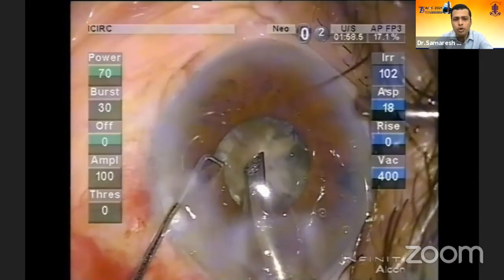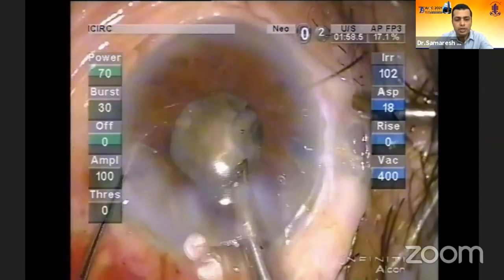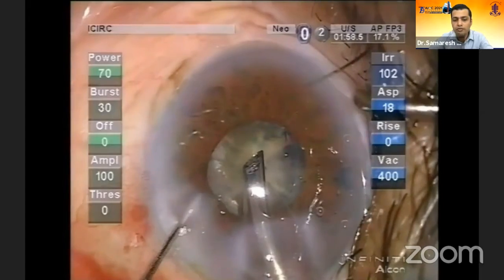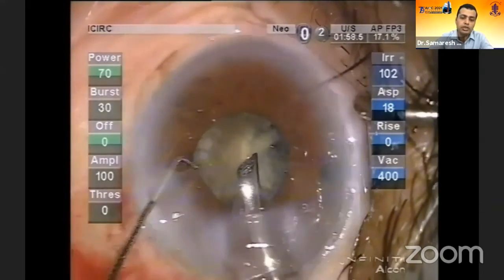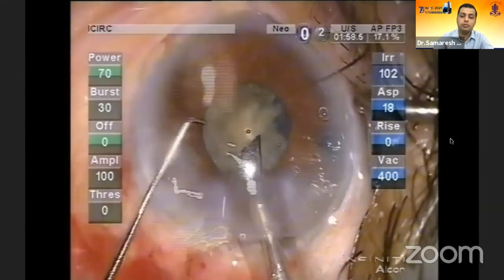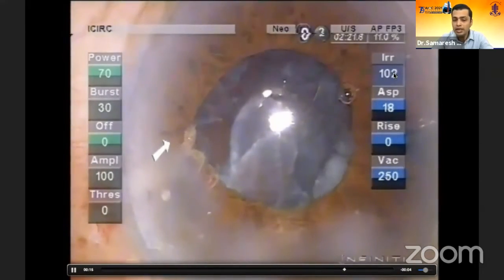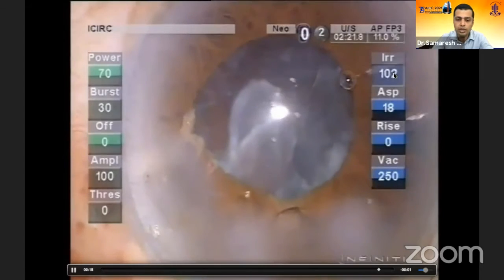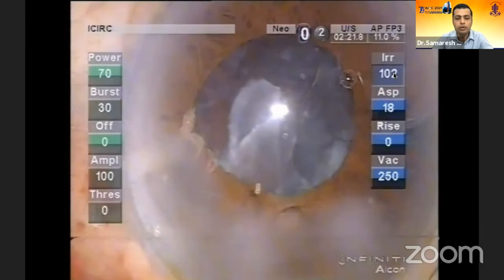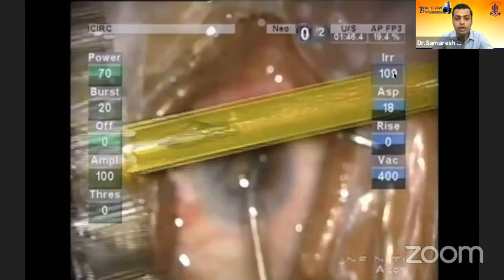This is an old video from my institute, which I borrowed, with a larger incision. Notice how difficult it is to even put in the chopper, because there's absolutely no space. With the irrigation bottle height running at 100, there's literally no space. Needless to say, you're going to cause iris chafing in such eyes, because there is no possibility for you to protect these eyes. At least there wasn't at that point in time.